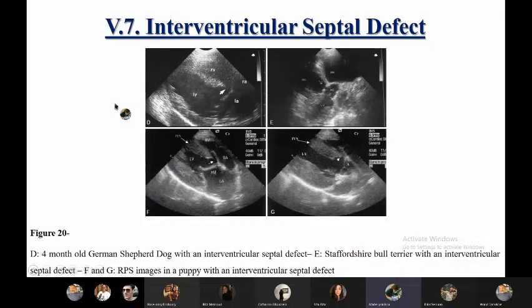In E, the Staffordshire Bull Terrier was also shown to have an interventricular septal defect, and in this case, the septal wall between the hole is also hypertrophied and a bit stenotic. F and G from the same puppy show actually a thinning of the interventricular septum right under the interatrial septum, and this is where the flow of blood is passing through from the left ventricle to the right